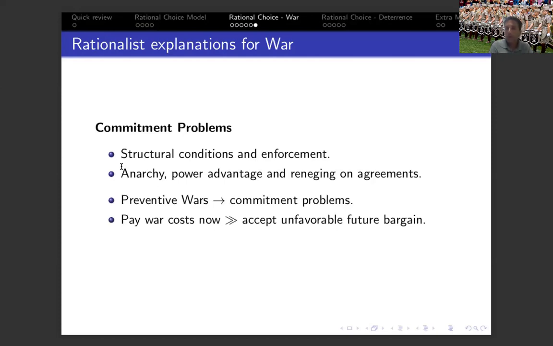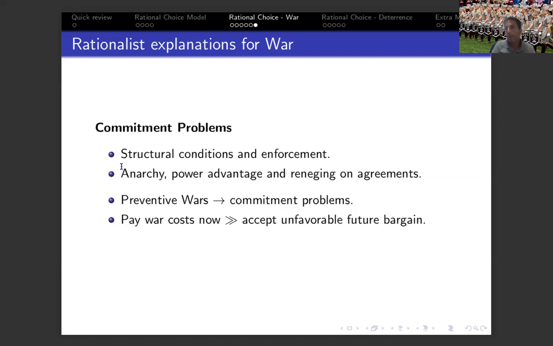So let's think about two actors, A and B, interacting over a long period of time. War is still an inefficient outcome. We still follow the rational idea that Fearon proposed, that war is inefficient, and they should be able to locate a peaceful solution within the bargaining range. Now, there is no third party to enforce the agreement, so they may have found some solution in the bargaining range, but there's no third party to enforce it. So if one actor, let's call it actor A, becomes more powerful, then actor A has incentives to renege on the bargain and attack actor B.